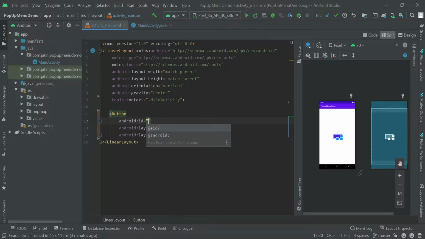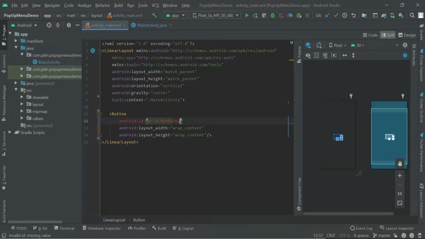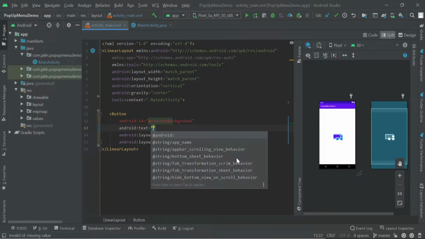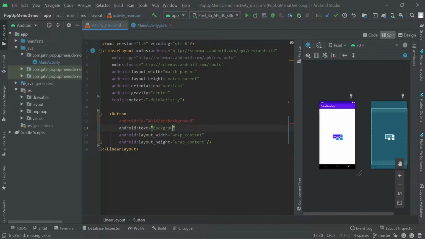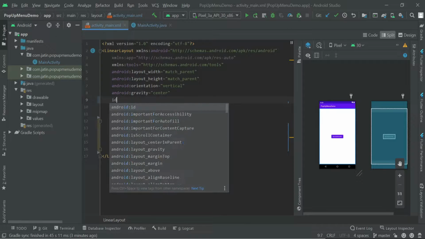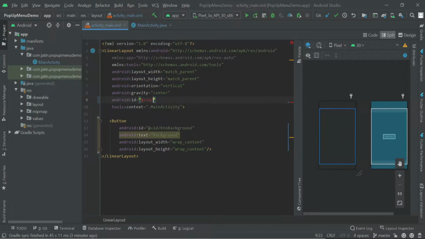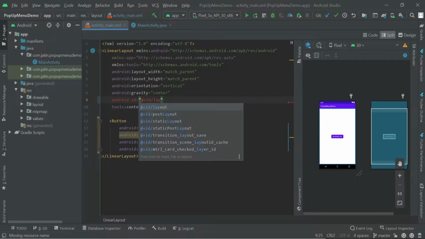Let's give it ID btn background, and we can also give some text over here. Let's give it text background. Done. Since we need to change the background color, let's assign an ID to the layout as well. So let's give it layout.